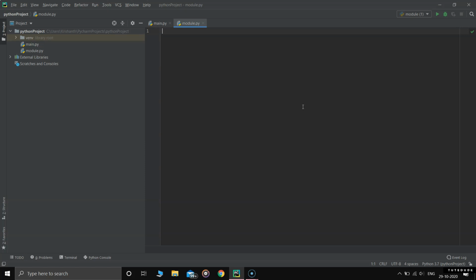So in this lecture, we're going to see how to use modules in Python. So what do you mean by modules? Modules are Python files with a .py extension. In this, the file name I've given is module.py. So this becomes a module